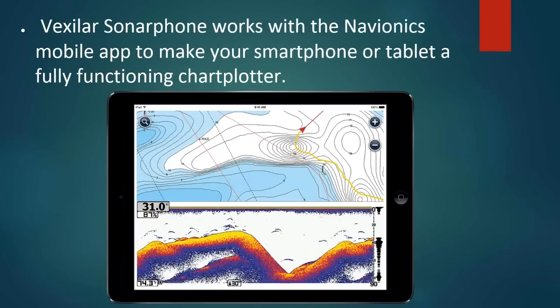You can have a split screen, as you can see here, of a sonar and chart plotter. So you'll see depth, you'll see where you are, you'll see fish underneath you. You're going to see your heading, you're going to see your speed, basically everything you can see on your $1,000 or $2,000 chart plotter, you're going to be able to see on your smartphone. So this is a very, very powerful tool. But what's also incredible with it is because the app now knows your location and your depth,